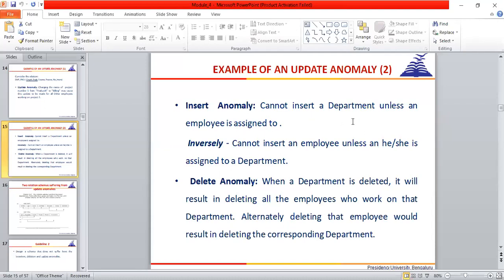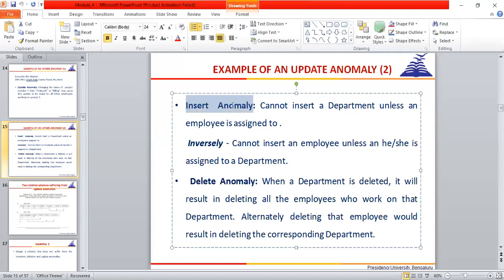One department is added, and whenever an employee is recruited, at that time we'll add the information of the employee. But this anomaly says that since in one row not only the details of the employee, but also the details of the department are there, there is a dependency. You cannot add a department until an employee is recruited. So this is the problem with insert anomaly. Similarly, inversely also, if you want to add a new employee, then forcefully you need to add the details of the department also. So this is insert anomaly if you are keeping employee and department in one table.